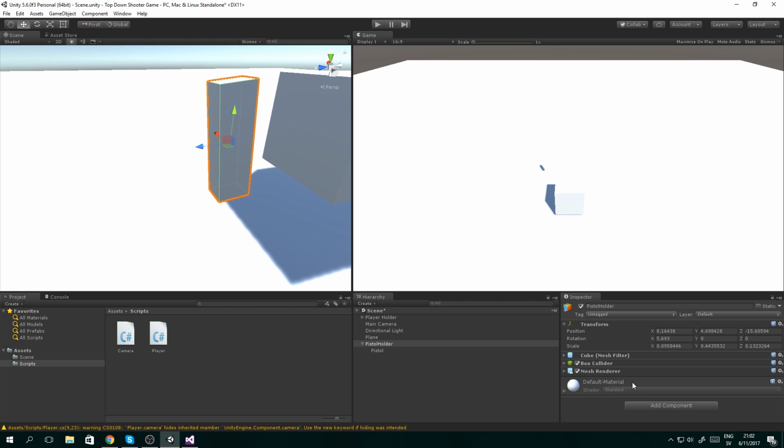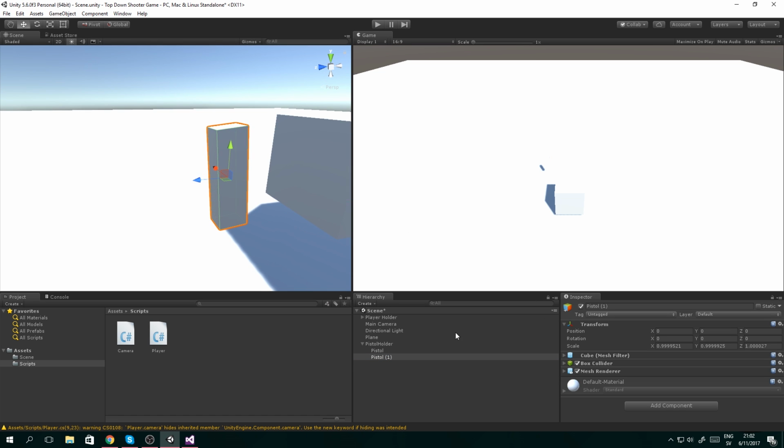So what I want to do next is I want to disable mesh render, or actually I want to remove the component mesh render, box collider, and cube mesh filter on the pistol holder, not the pistol. So now what I want to do is I want to copy paste the pistol again, not the pistol holder this time. And this one, well, actually I can keep the name, but basically this is going to be the,